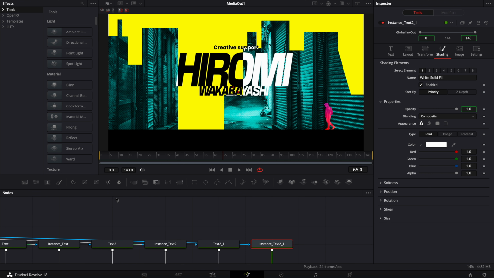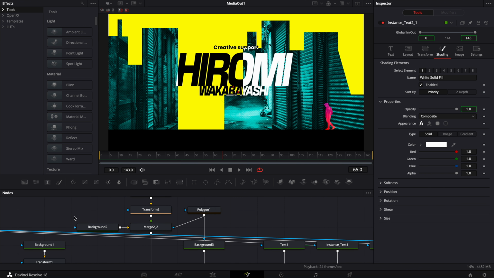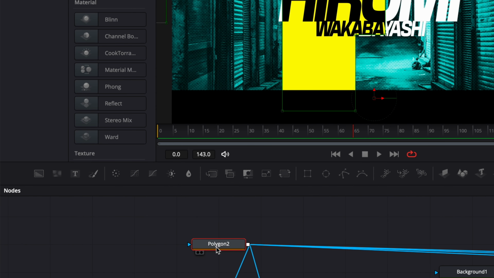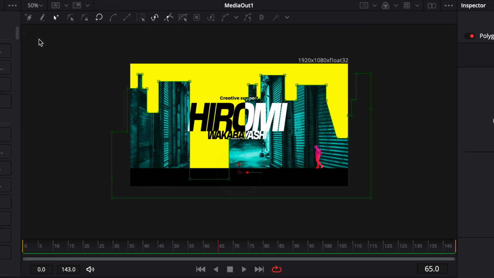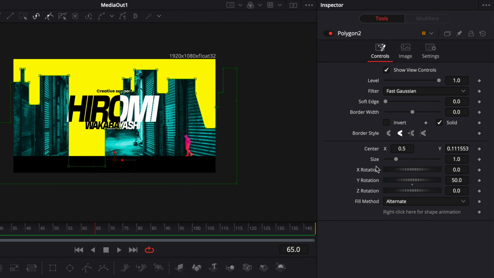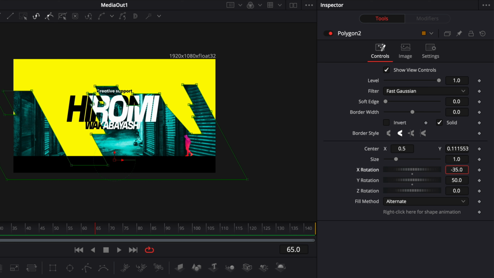Now we've pretty much done our complete layout. We just need to make the final animation on the buildings. To do that, we're gonna go back to our polygon. And then here, I'm just gonna unzoom again to see a bit more what I'm doing. And we're gonna make some adjustment here to the X rotation. So now let's make our X rotation minus maybe 35. I think that will work. Let's do, yeah, like that, 35, just to incline those buildings. That's gonna be our final position.